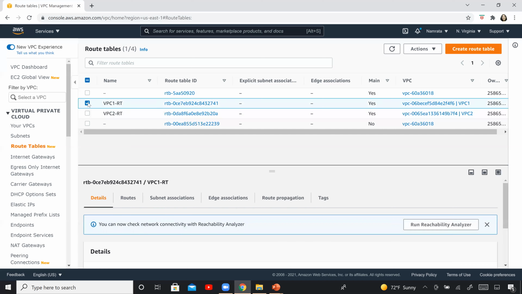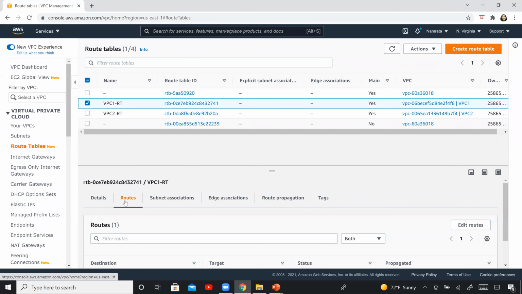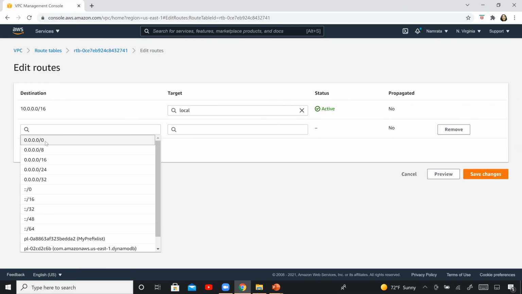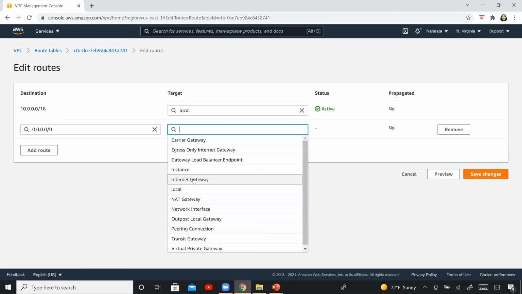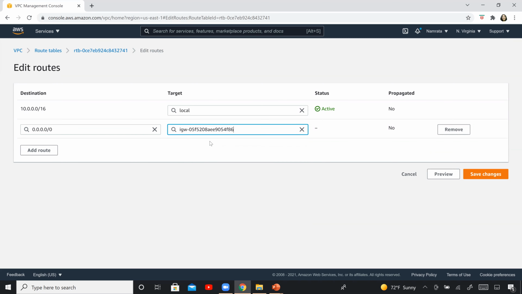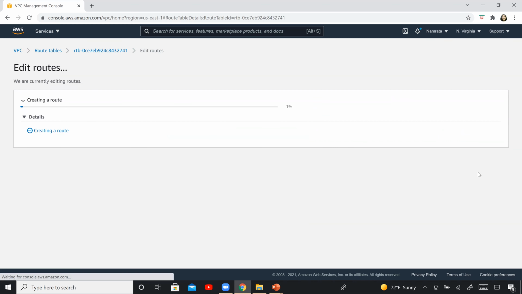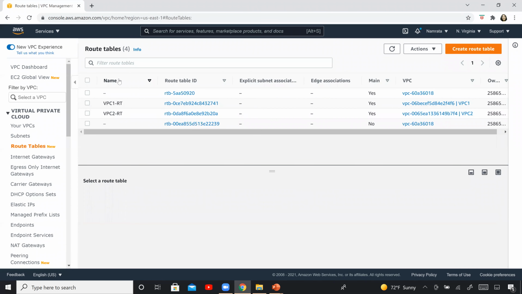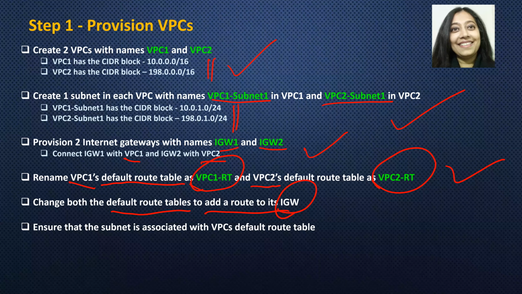Similarly, now we have to modify our VPC1's route table. So edit routes, add a route, default route, internet gateway, IGW1, save changes, and both our route tables have been modified to add a route to our internet gateway. So this particular step is over.